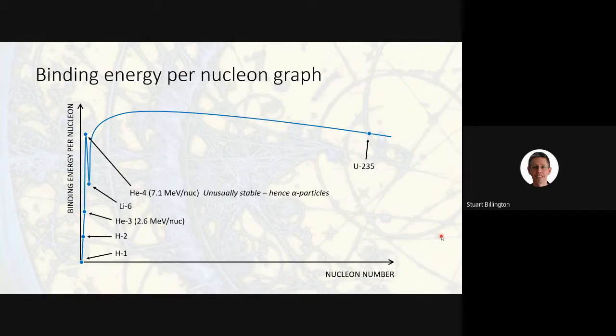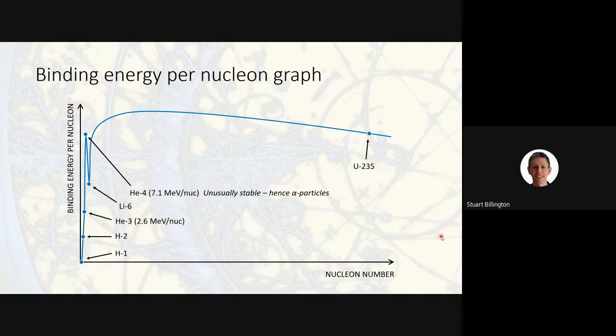Just what has helium-4 got going for it that it has such a large binding energy per nucleon? We would have expected it to be around about 3, and it has more than double the binding energy. There is something very, very special about helium-4. It is just an incredibly stable configuration of protons and neutrons. And it is for that reason that the alpha particle exists. We told you back in GCSE that when